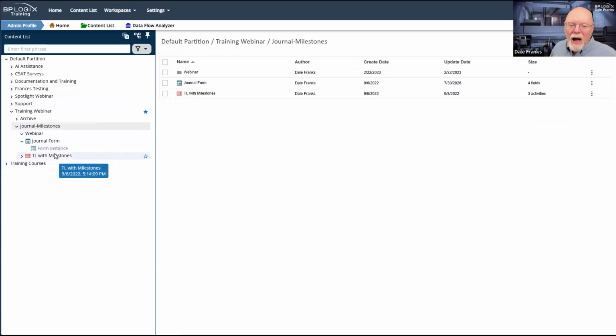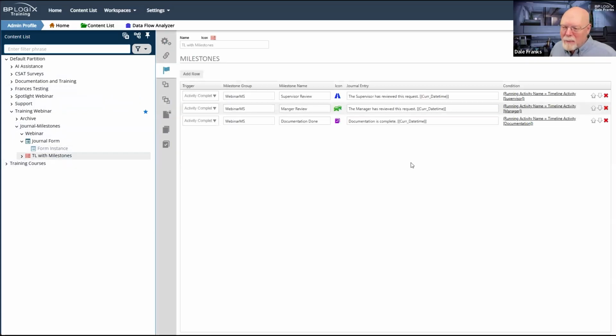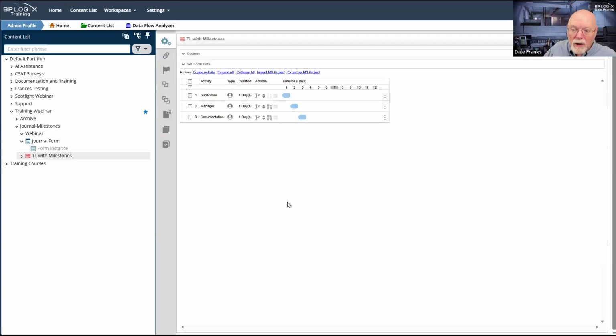Because I am in fact creating database entries in table milestone whenever I create these milestone groups, or whenever I create each of these milestones. And these milestone groups are creating their own little entries here as well. So you're kind of building stuff on the fly, and we're just letting that happen in the background and making the changes to make it simple for you.